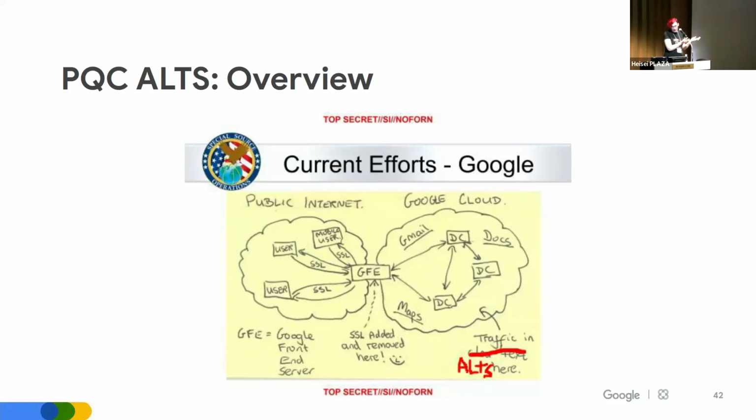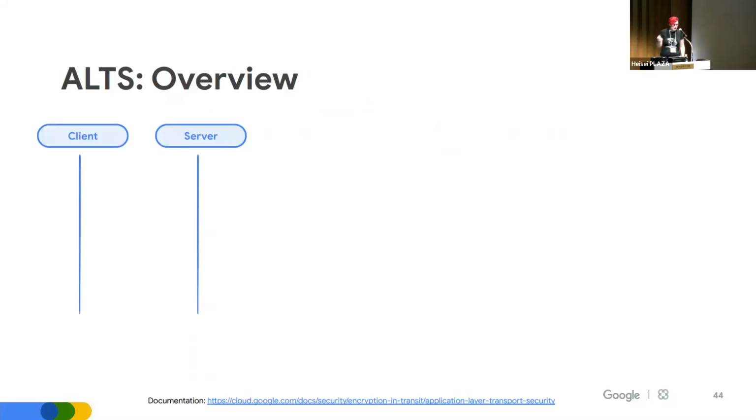Why not mTLS? Well, A, that was over a decade ago, and B, a lot of these services have very strict requirements for latency. So we needed something that is very, very optimized, very clear on what it does. And since we control ALTS completely in all its implementations, this is the point where we can start experimenting with PQC and get to this state here where all our internal communication is protected against quantum attacks.